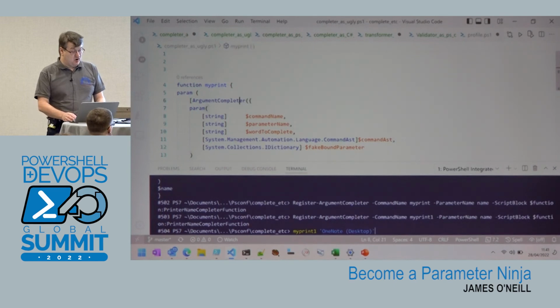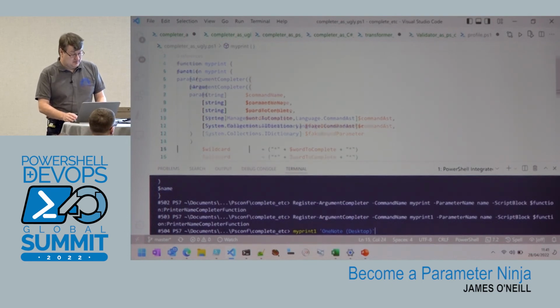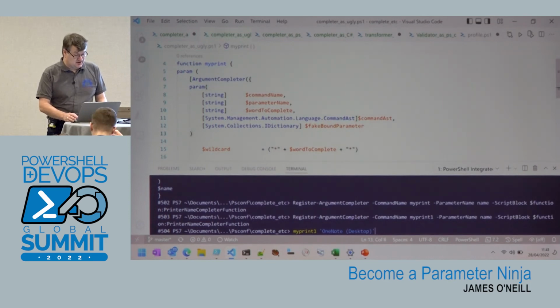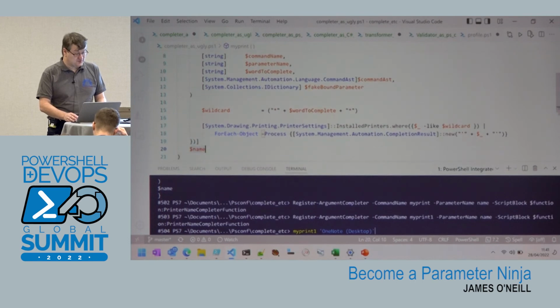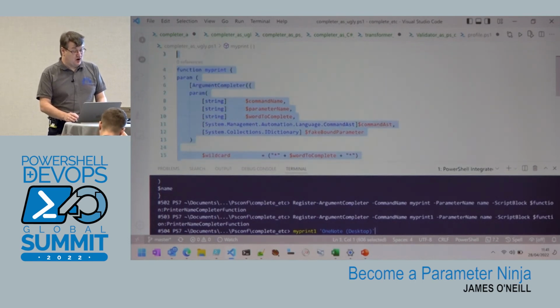So I've got my parameter, which contains an argument completer decorator for this parameter here, name, and in between, I've put the whole of that function.